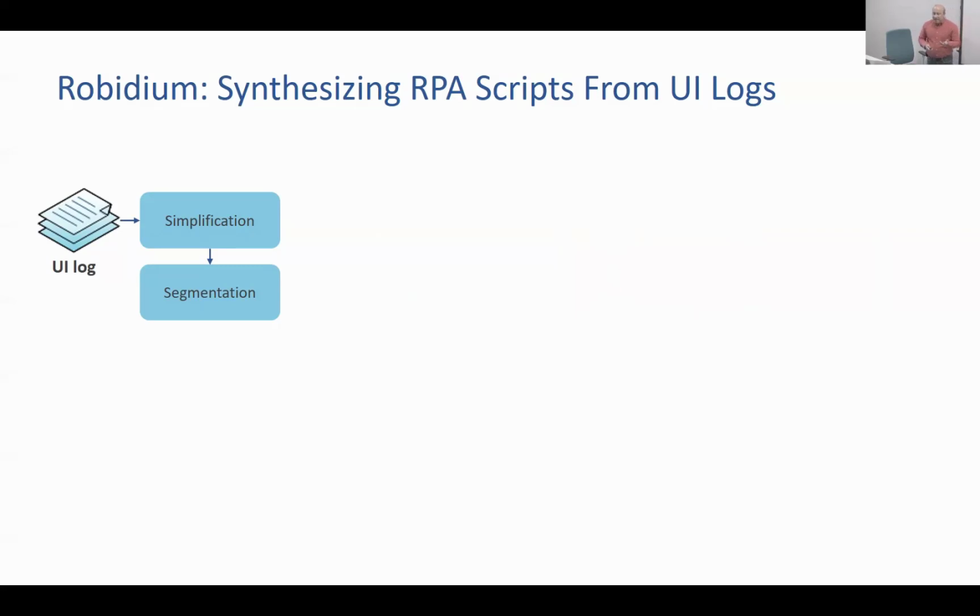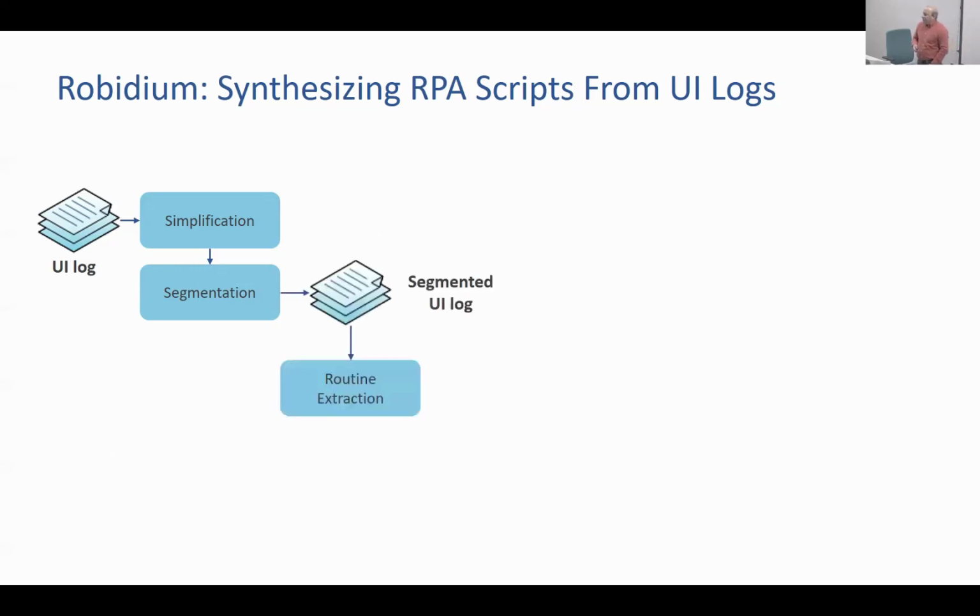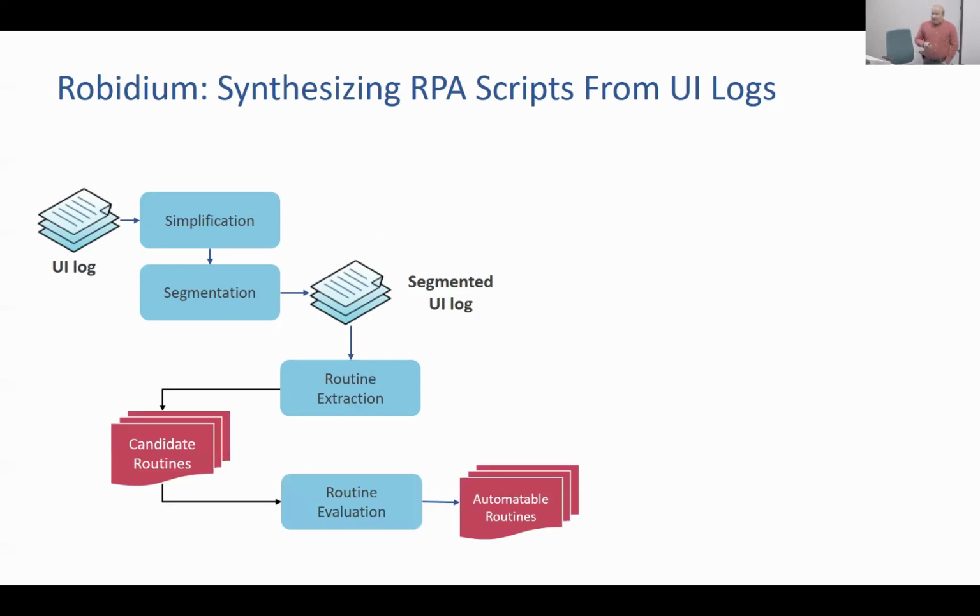One of them is embedded in a prototype called Robidium, and it takes as input a user interface log. It simplifies it, and segments it into pieces using typical sequence mining techniques. And then it finds sequences of tasks that get repeated very often. For example, we see that copy from here, paste there, edit this field is a task that is very often repeated. These are called candidate routines, and it tries to find for